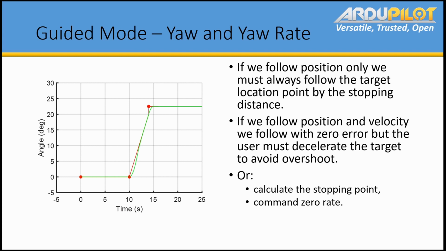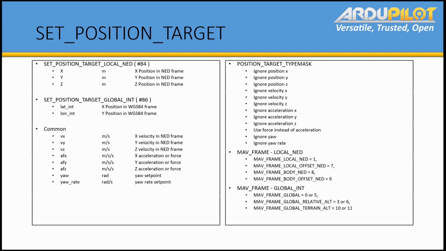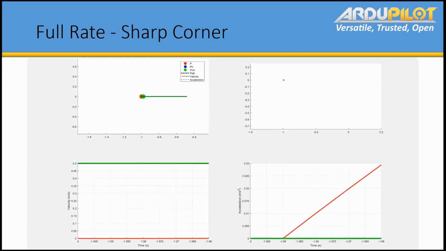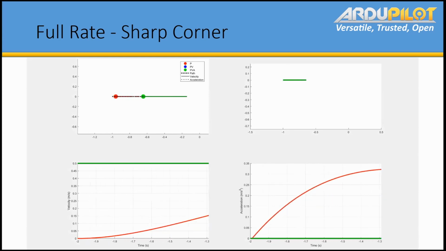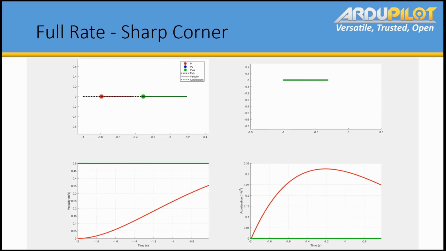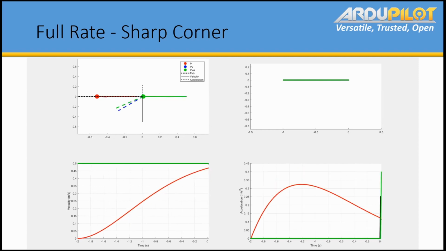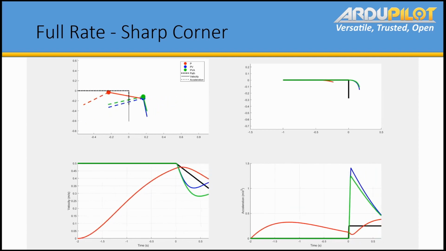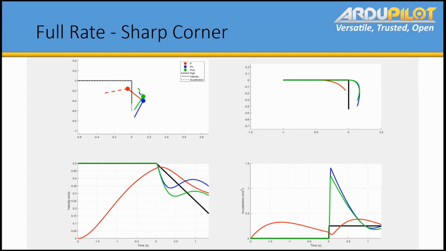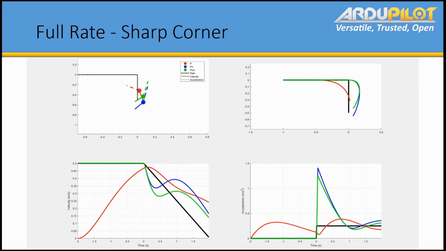Okay, knowing that we're not doing zero velocity now, but we can come to a stop by there. And by the time we get there, we will be stationary. We don't get overshoot. I don't expect people to be using that in their guided mode. So now in X and Y, this starts to demonstrate the effect of running through a corner using